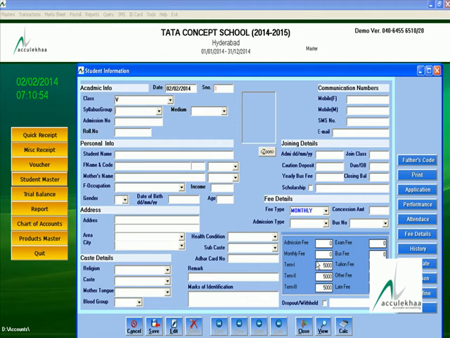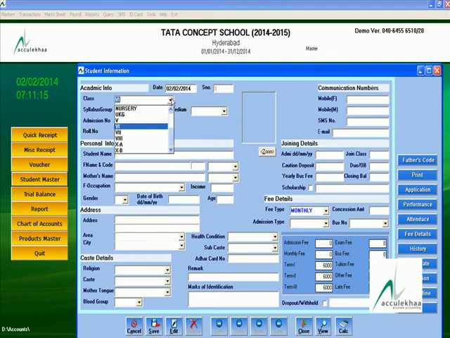Then automatically whatever fees you defined for this particular class will appear on the screen. Suppose you select 6th class in this place and press the enter key, then automatically your fee structure is changed in this place.